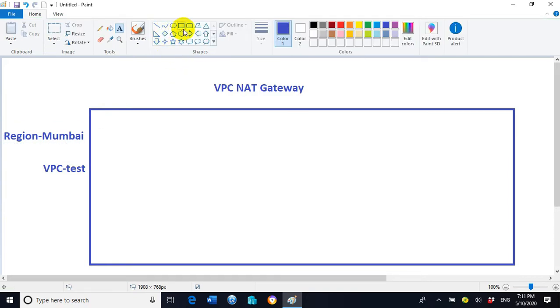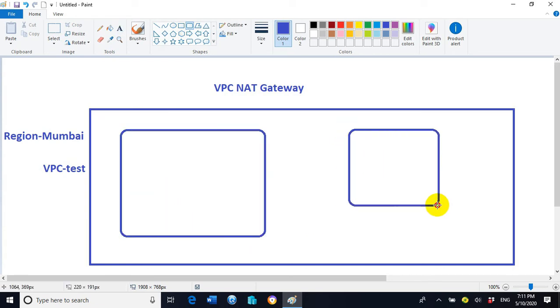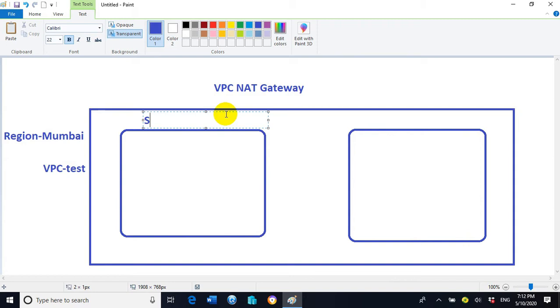In this VPC we have two subnets: Subnet A and subnet B.